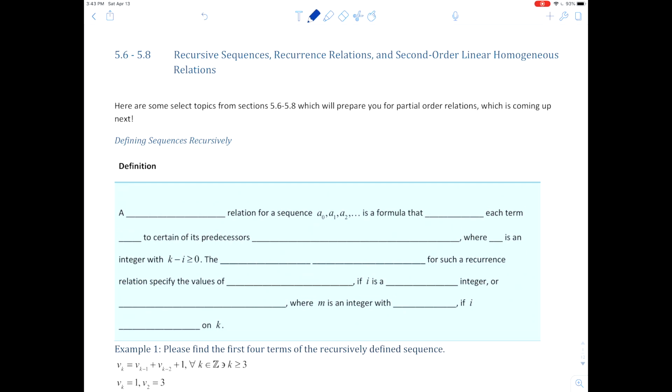Defining sequences recursively. A recurrence relation for a sequence, A0, A1, A2, and on, is a formula that relates each term, A sub k, to certain of its predecessors, A sub k minus 1, A sub k minus 2, etc., until we get down to A sub k minus I, where I is an integer with k minus I greater than or equal to 0. So the initial conditions